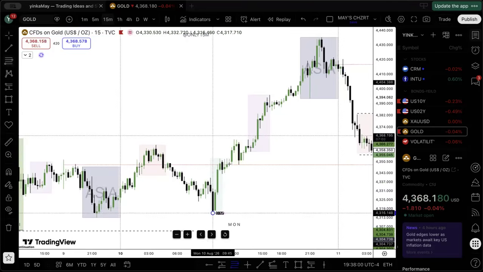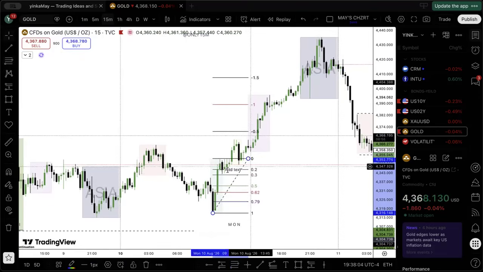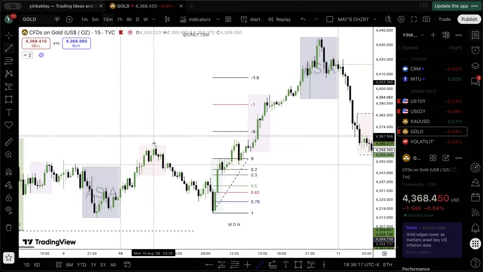So my guy's very systematic. He's not doing any of those complex stuff, right? So he's waiting for price to come back into premium. Price doesn't do that, right? Price doesn't come back into discount here. He's waiting for price to come back into discount because this is Asia's high where his target is. Did I say Asia's high? I'm mixing it up, right? London's high where his target is.